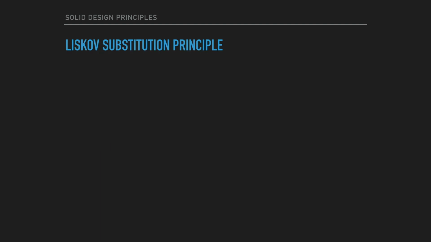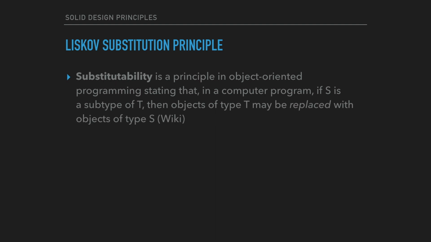So let's try to understand the definition. This definition I've got from Wikipedia. It says substitutability is a principle in object-oriented programming stating that in a computer program, if S is a subtype of T, then objects of type T may be replaced with objects of type S. It might not be very clear with the definition, but the pointer we are going to take from this slide is that when we talk about S being a subtype of T, we are talking about inheritance. And what we are trying to do here is substitute the base class object with the